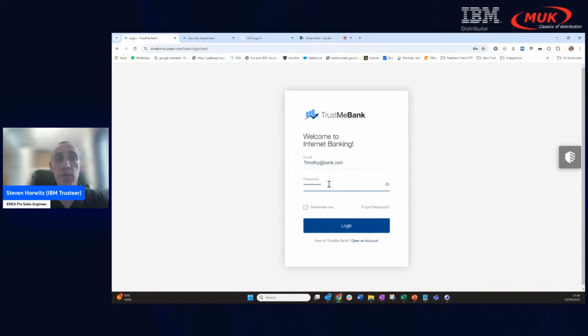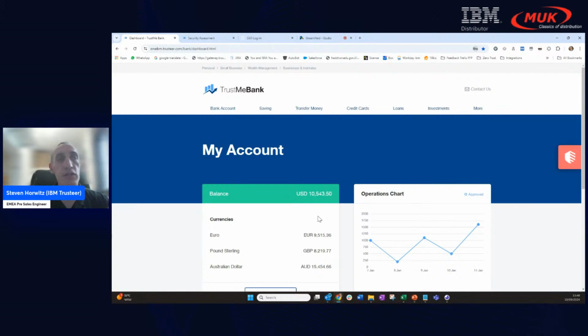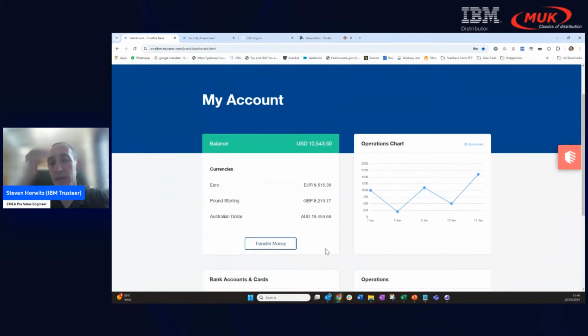So at the very beginning, we know a whole bunch of things as they log in. Number one, we know that the device is new. We can see that their time was long, that the way that they accessed the account wasn't as fluid as before. We also see a red arrow telling us already something's wrong. Now, we've given the fraudster access to the account at this stage, but they're spending very, very long because they're not familiar. They want to see how much money is in the account because they want to move the funds out. And now they want to try and get to the most risky part of the page, which is the